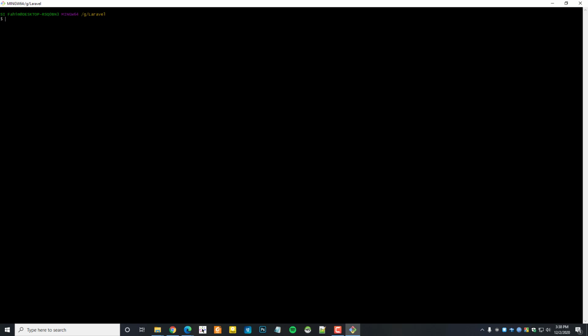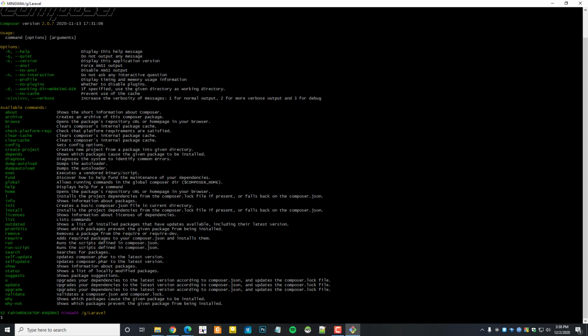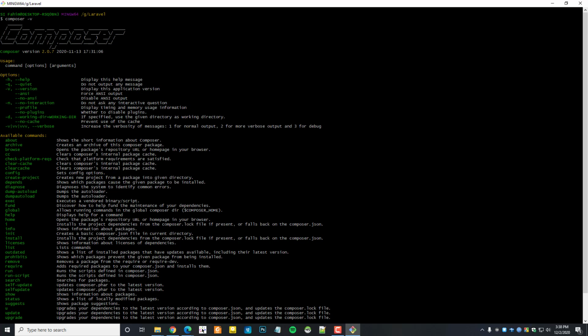The next thing we should do is check our Composer version. We need to install the latest Composer version. So the first thing you can do is type composer -V. If you type that, you will see it shows the Composer version. I have